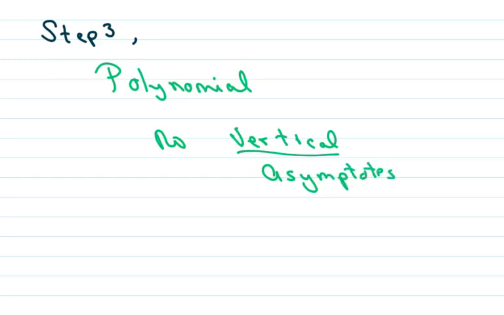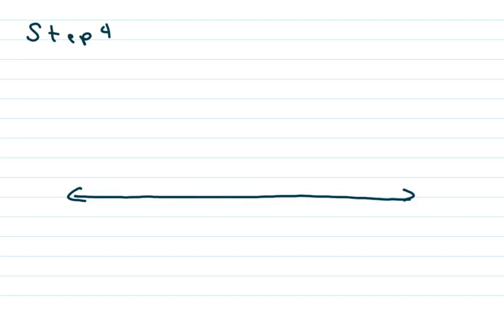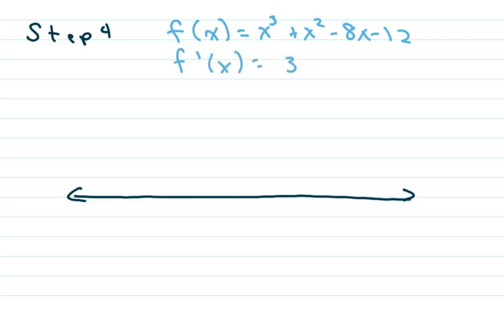Alright, and then step 4 is we're going to take the derivative of our function. So again, our function is f of x equals x cubed plus x squared minus 8x minus 12. When you take the derivative of this, we're going to get 3x squared plus 2x minus 8. And if you factor this, we're going to get